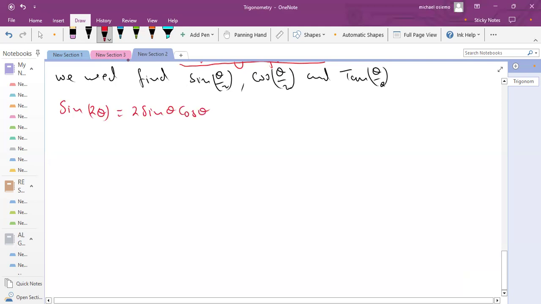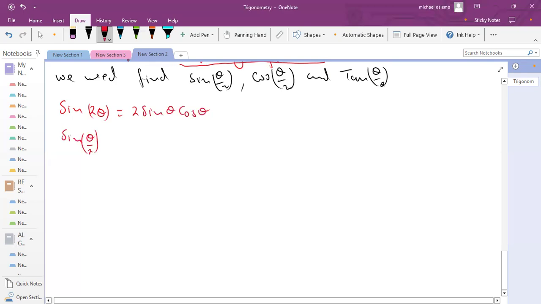Now suppose, for us to get sin theta over 2,